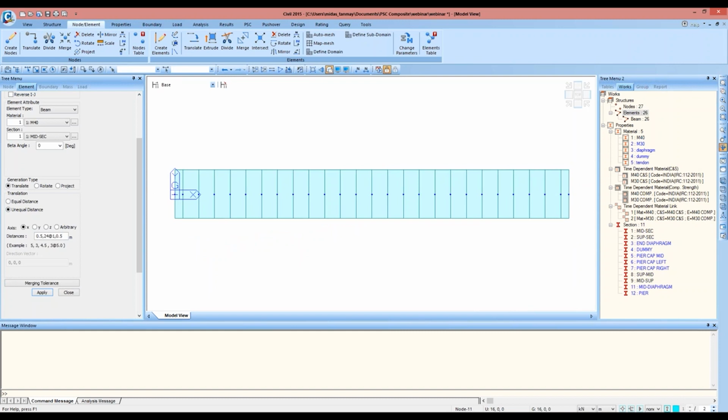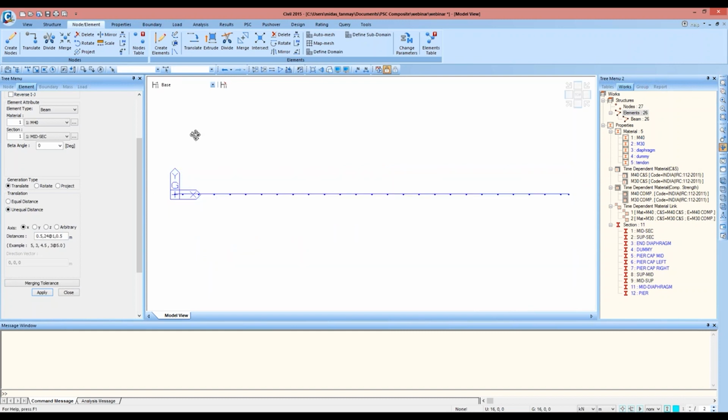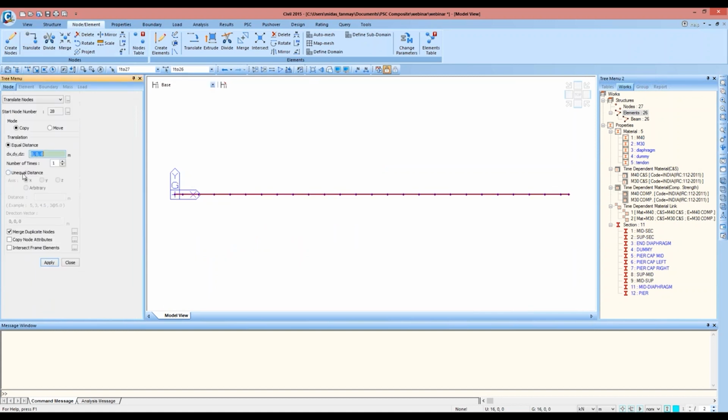So now I'll generate the dummy members. For doing that, I'll select these nodes and translate them in the y direction minus 1.5 meters, and using these nodes I'll extrude the dummy members.